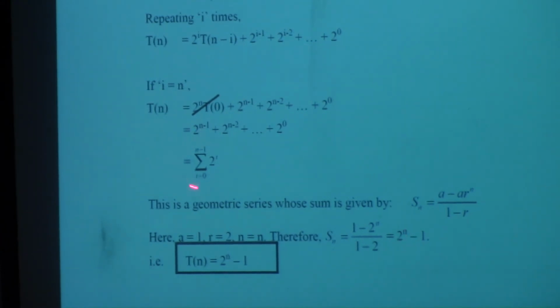That is the complexity of Towers of Hanoi. So therefore, if we have 10 disks, the number of operations we expect is 2 to the 10 minus 1, which is 1,023, because 2 to the 10th is 1,024. If we have 20 of them, we will have a meg, 2 to the 20 is a meg, minus 1. If we have 30 of them, it'll be a gig minus 1, which is